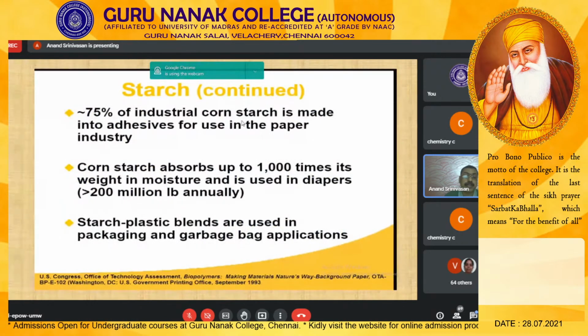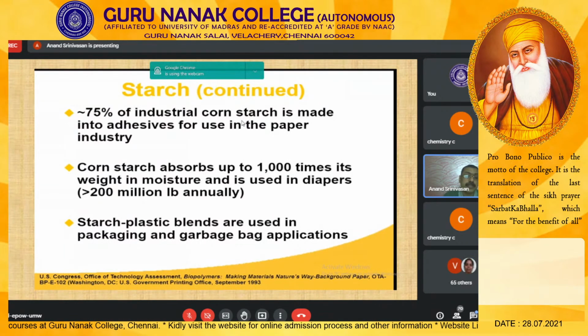And starch, you can see 70% of the industrial cornstarch is made into adhesive. So adhesive is another fascinating industry where people should be interested, because adhesive is a substance, a material, which binds two dissimilar materials together. Supposing I want to bind a metal with plastic, that can be possible only with the application of adhesive. So the adhesive area is again one of the fantastic areas which you can think of. And the natural adhesives, again, have plenty of applications.